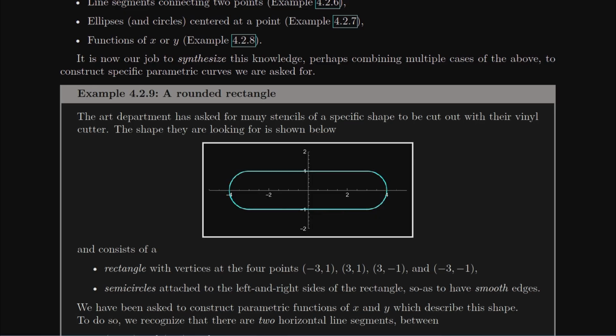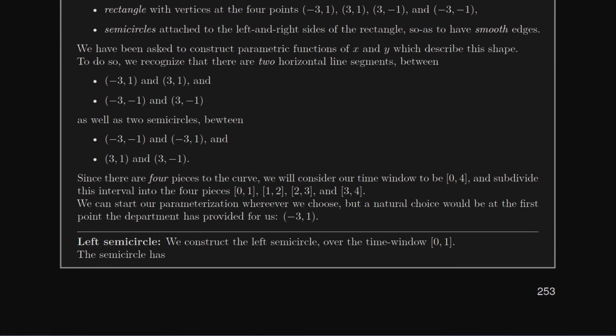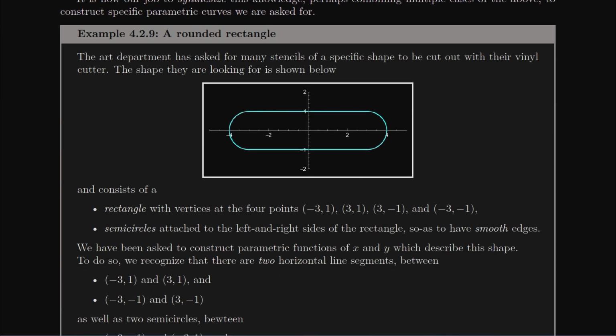Now the art department has done a nice job and told us what these special points are on the four corners of our rectangle. They're negative 3, 1, 3, 1, 3, negative 1, and negative 3, negative 1. So we have some sort of idea of the line segments we should be constructing. So how are we going to actually construct this? Well, we have to make a choice about where we're going to start. And then we also need to choose time windows